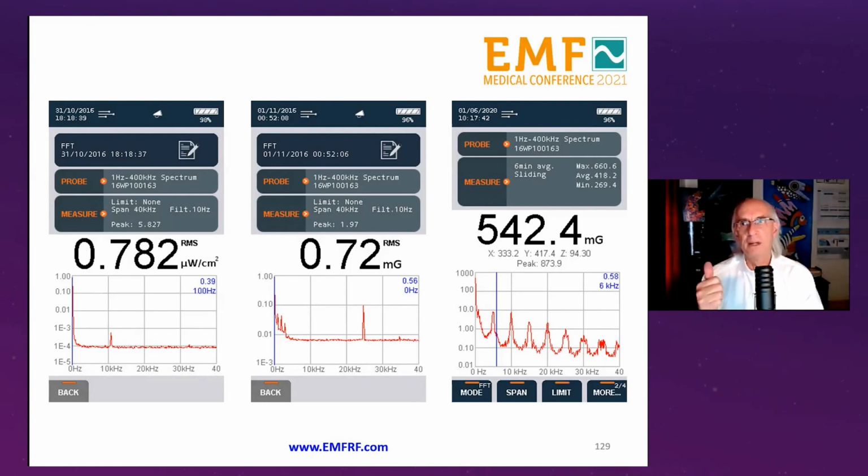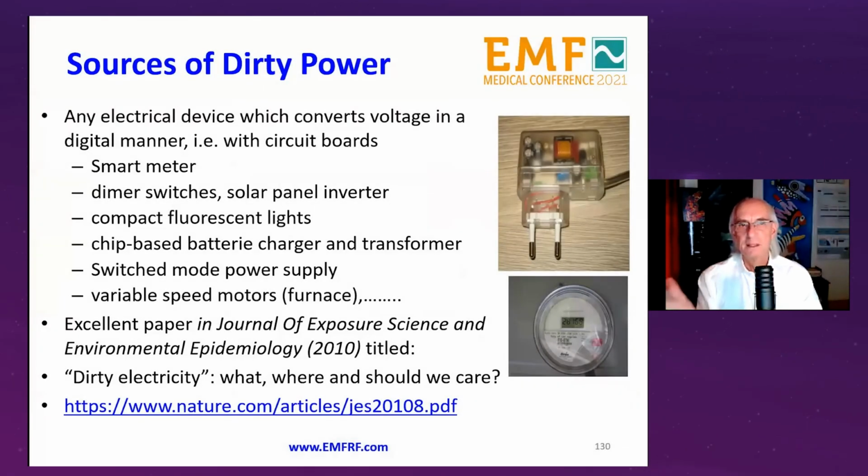Any type of power supply, which is a low voltage power supply for computers, lights, and so on, smart meters, and also the utility electrical current, which already comes into your system, may already have dirty power on it. So the best way is to identify the sources which are creating the dirty electricity and to take them out. For example, dimmer switches are also a source. But we have so many devices in our homes that it is almost impossible to get rid of all of